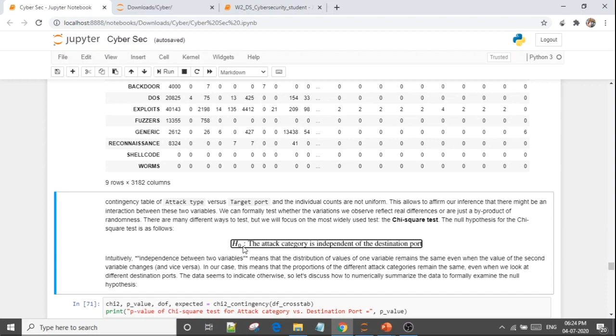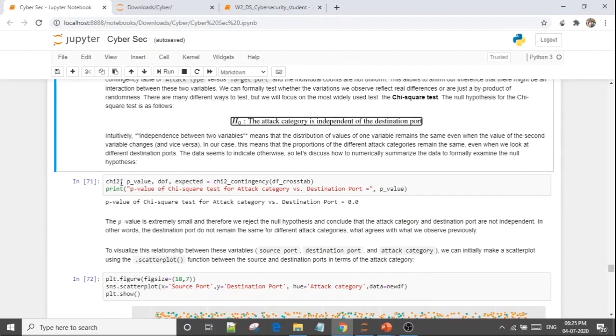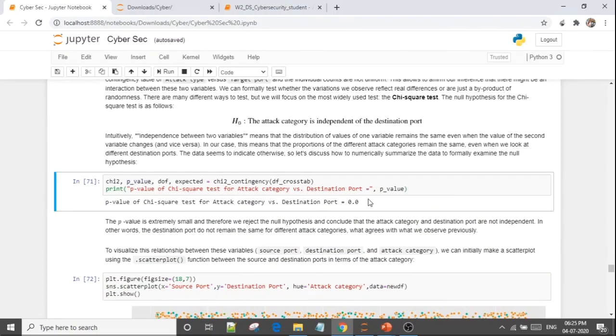So my null hypothesis would be it is independent. There is no dependency between attack category and destination port. Alternate hypothesis would be that they are dependent on the destination port. So now I calculate my p value, and which is coming as 0. So it is much less than 0.05. So I will reject the null hypothesis and I will accept that my attack category is dependent on the destination